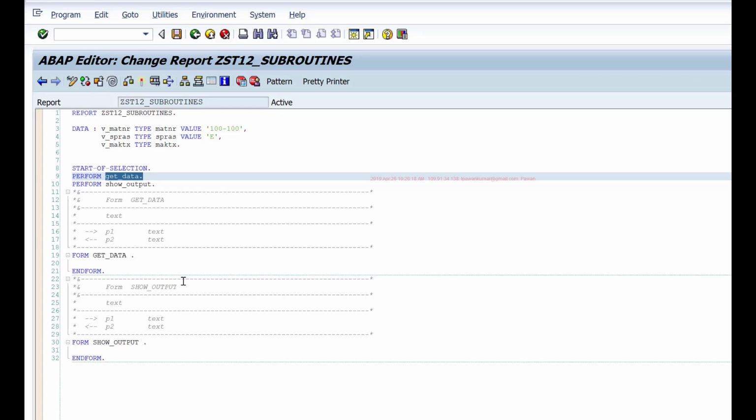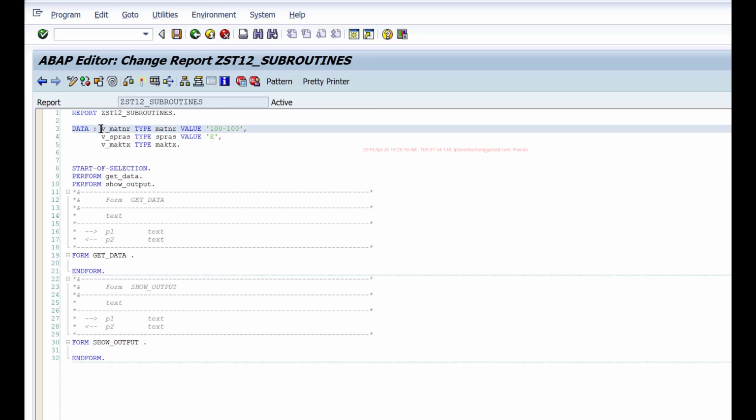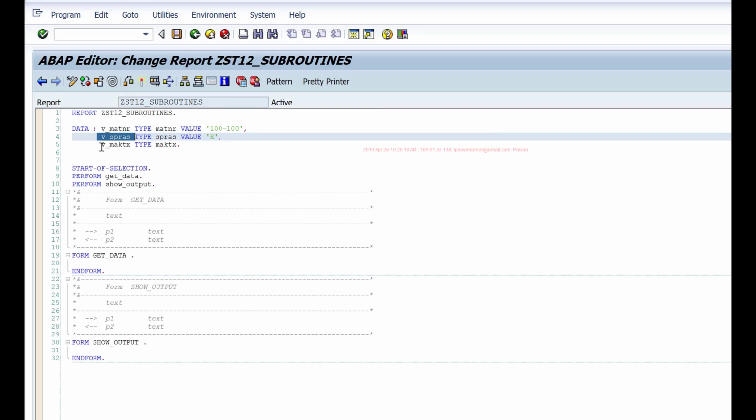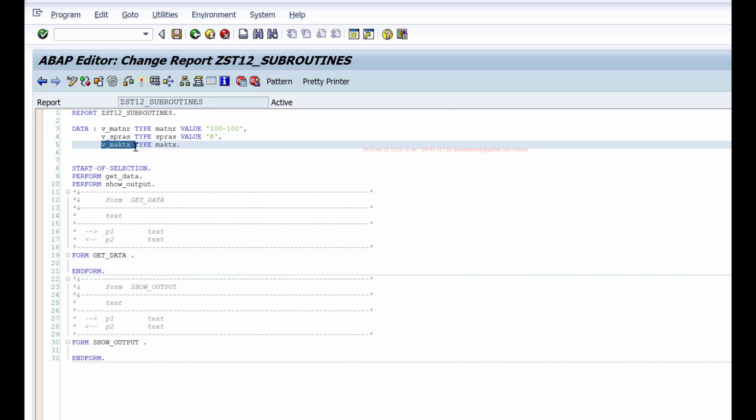For example, in our case, let's say I have a situation in my program where I have to constantly get the description for a material. For that, I can write the select statement whenever I need the description, or I can simply create a subroutine, keep the select statement within that subroutine, and call this subroutine with different material numbers. It will return the description of that particular material. That way we can make it a reusable software block. So I'll pass this MATNR and SPRAS to this subroutine and get data into this VMAKTX field. Anytime I need the description for a material, I can call this subroutine.